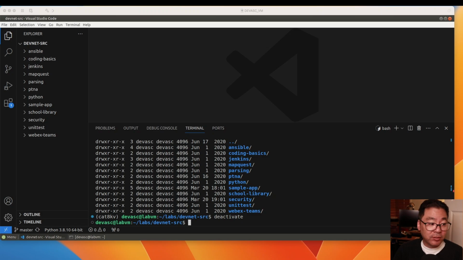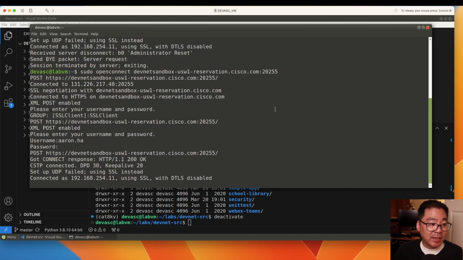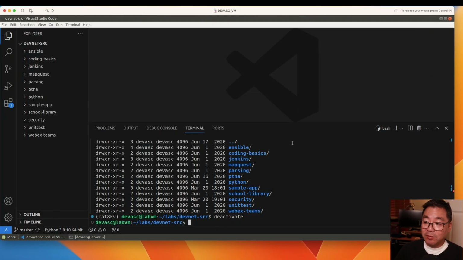So what we're going to do is start right in with part number 3, because as you can see, I went ahead and fired up a cloud router in the sandbox already, and if you need a link for that, I'll leave that in the description below. So what we'll do here is start with part number 3. Part number 3 is this: we're going to create a Python virtual environment